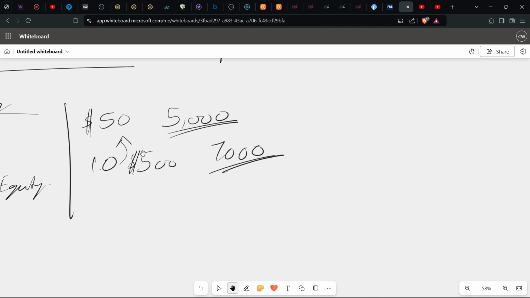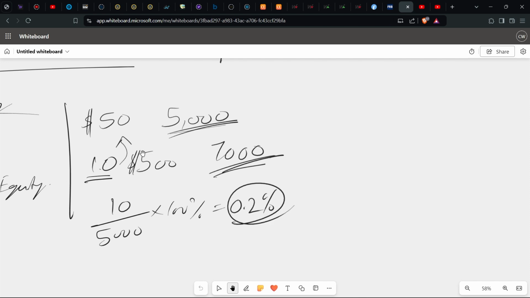In terms of equity, your 10 shares as a percentage of 5,000 is not the same as your 10 shares as a percentage of 7,000. Let's do the math. Your 10 shares divided by 5,000 times 100%. What do you get? 0.2%. So this 0.2% is your stake in the company. It's how much of the company you own when you have 10 shares and the total outstanding shares is 5,000. What happens when they increase the number of shares to 7,000 and you still maintain your number of shares? 10 divided by 7,000 shares times 100%,